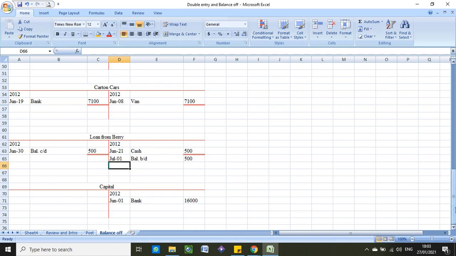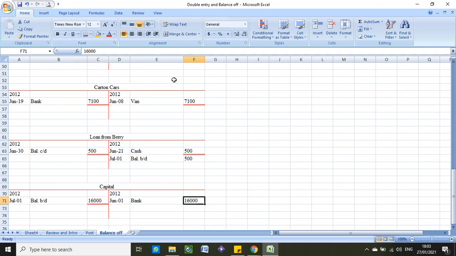And the last account is a capital account. On the credit side, I have $16,000. On the debit side, we have 0. So I need $16,000 on this side to make both totals equal to each other. So I will go ahead and enter that. 2012. July 1st. Balance brought down. The two totals are on the same level already, so I'll just go ahead